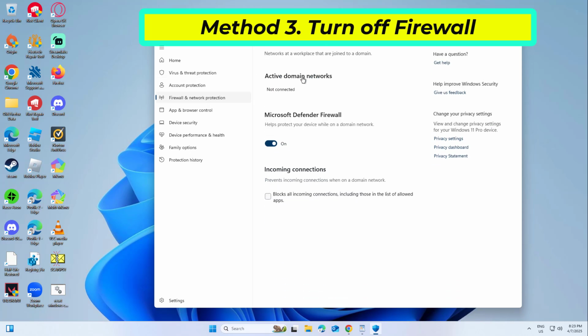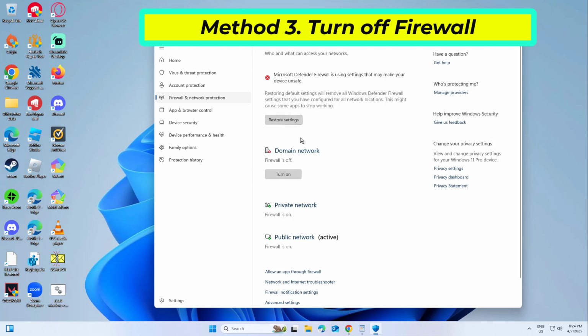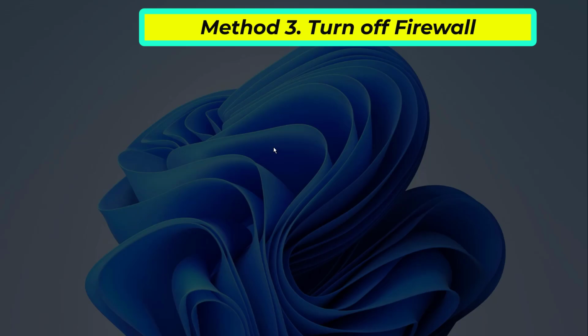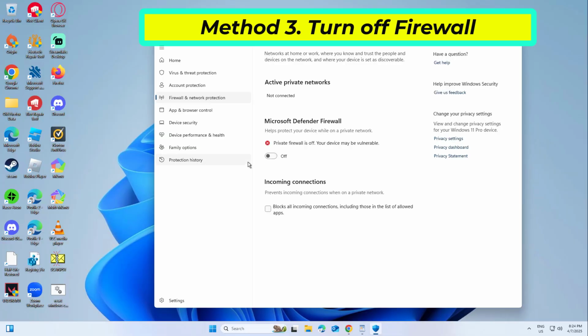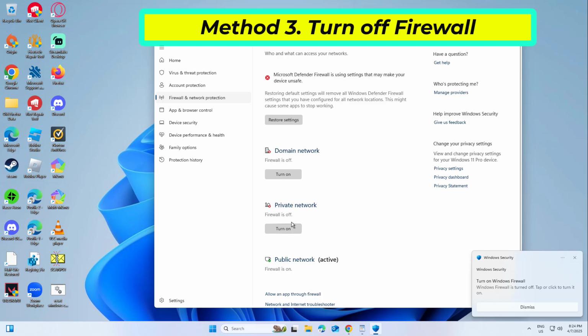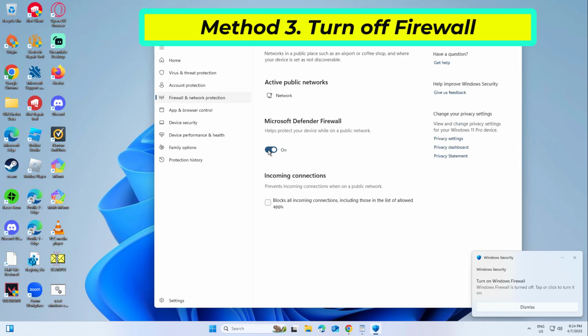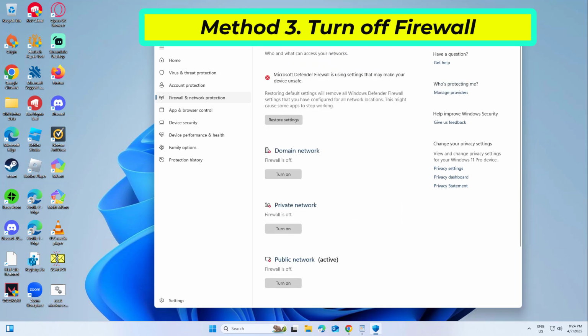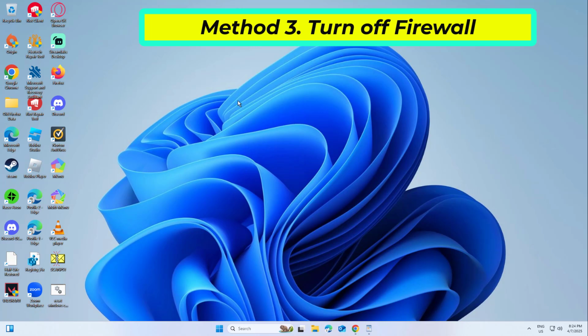Select one of the following network profiles: domain, private, or public. Under Microsoft Defender Firewall, click the toggle button to turn it on or off. If that didn't work,